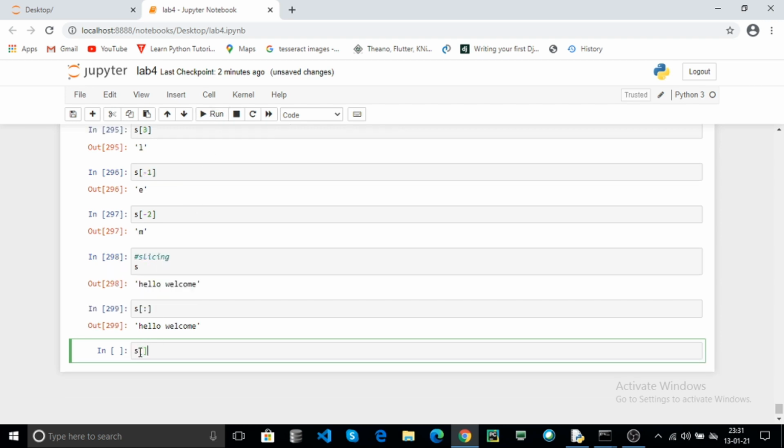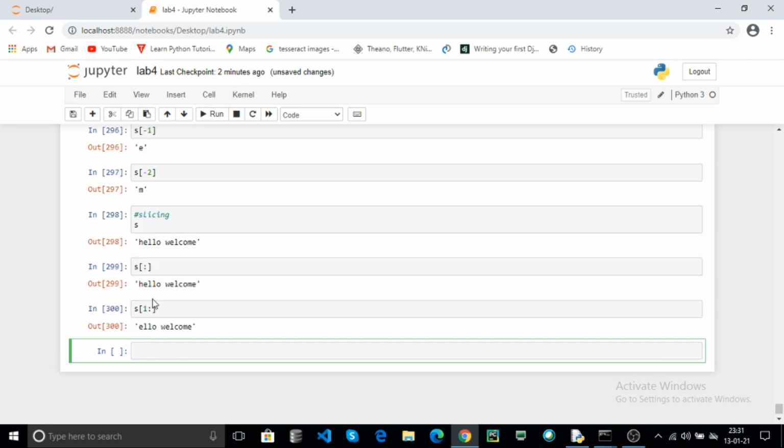Here you can specify only the starting index, it starts from the first index. Here there is no end index, so it starts from the first index until the end of the string.